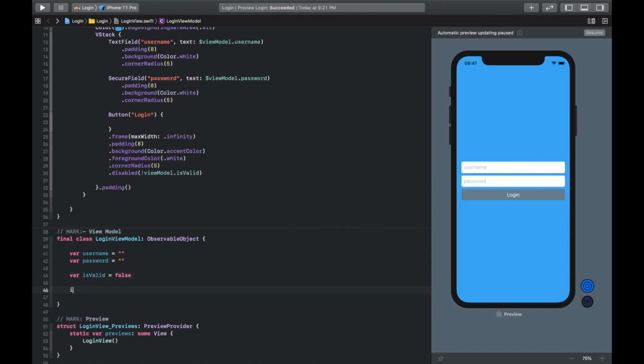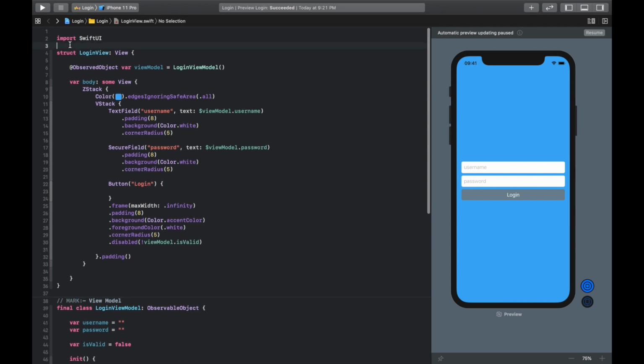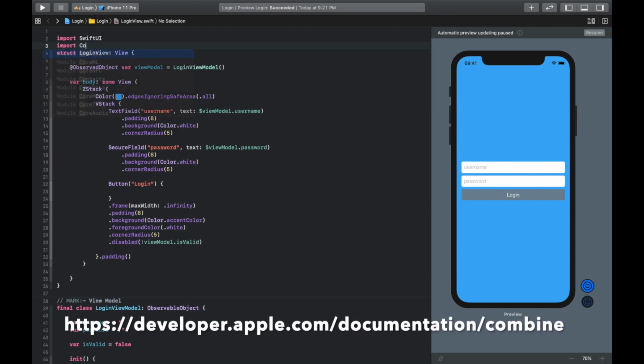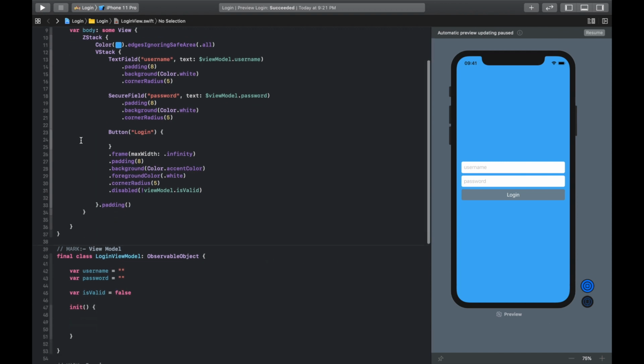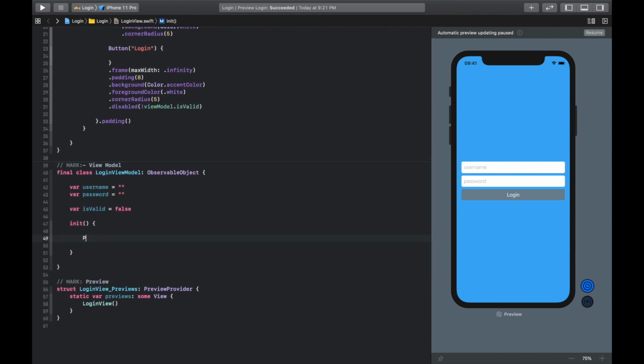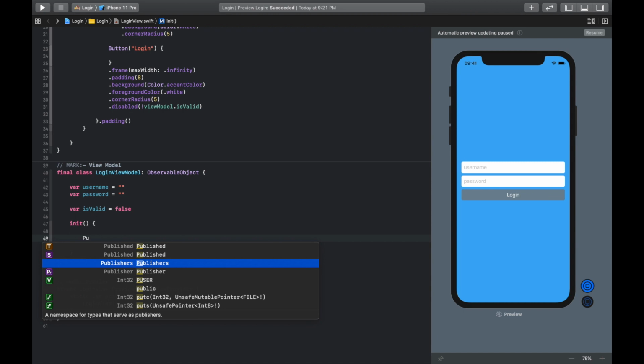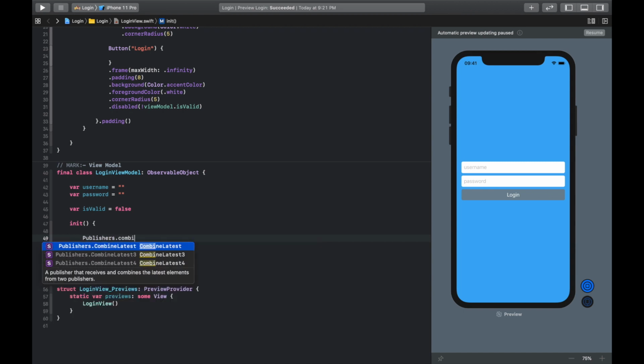So we will use the Combine framework. So in the initializer, we will put some publisher observers on username and password. Before that we need to import the Combine framework. So I will just import Combine, then we will use Publishers.CombineLatest. This CombineLatest will give you the latest value of whichever you are tracking. So here we need to track this username and password.